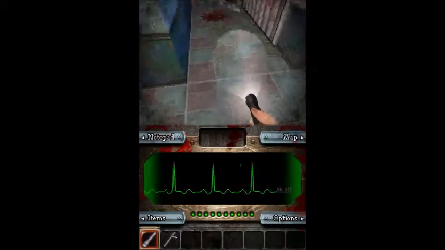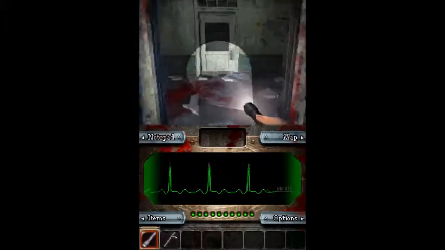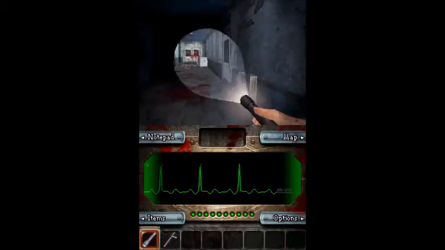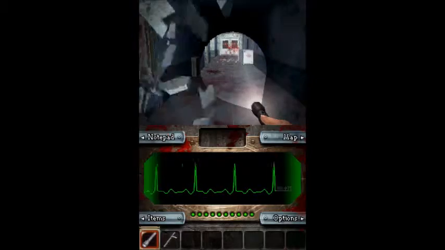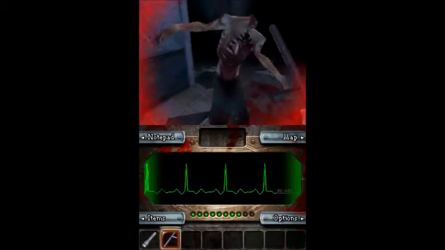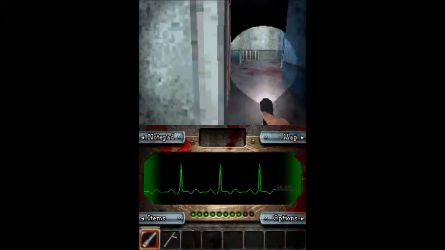And I don't know what that is. Is that a box of ammo? See, I missed the pistol, so obviously it could have been ammunition. Oh my gosh. So my official rating for Dementium the Ward is